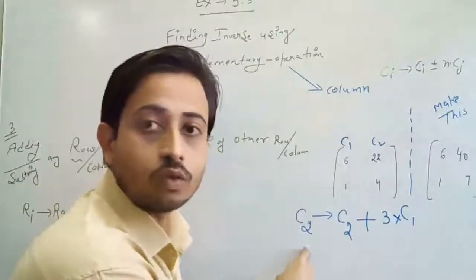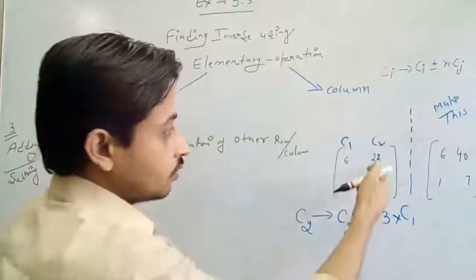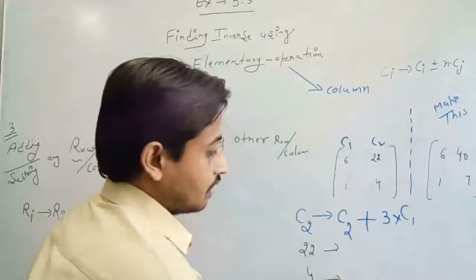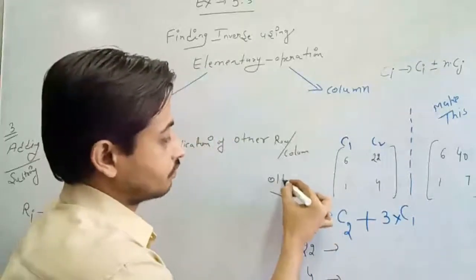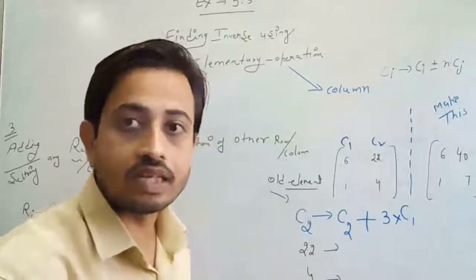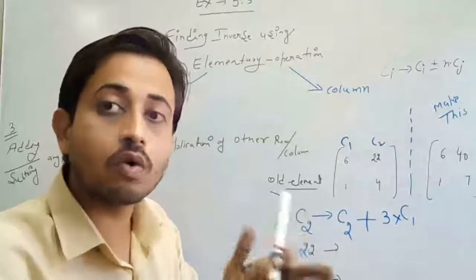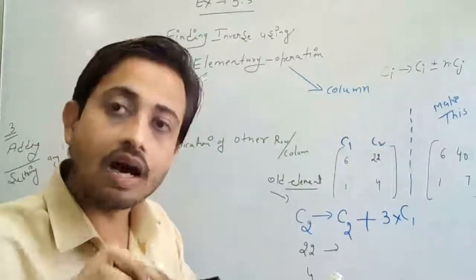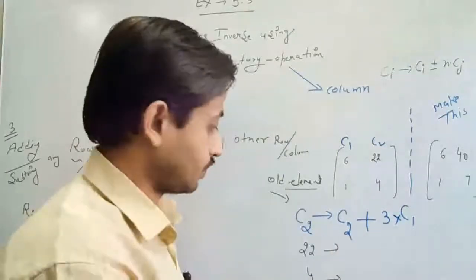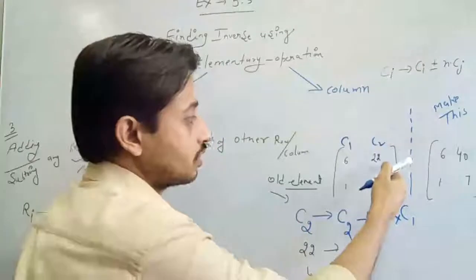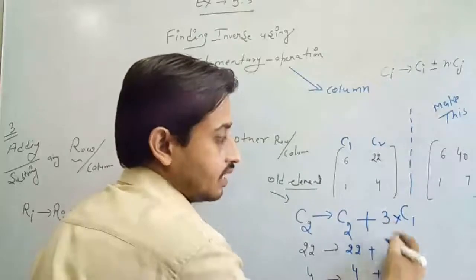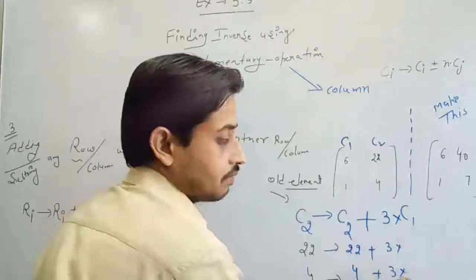Now apply it. Firstly, you have to write your C2 column. The C2 column is 22 and 4. I am writing 22 and 4. Now these are called your old elements, and we have to make new elements. It means we are going to make a new column. So this is your old column and we have to make the new column. Now write C2. C2 again is 22 and 4, plus 3 multiplied by